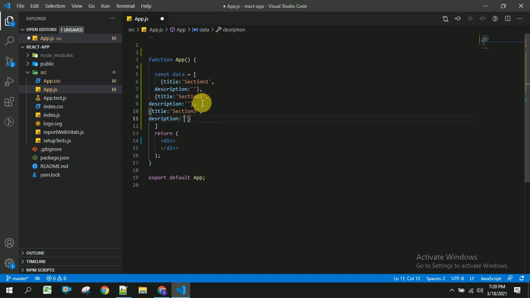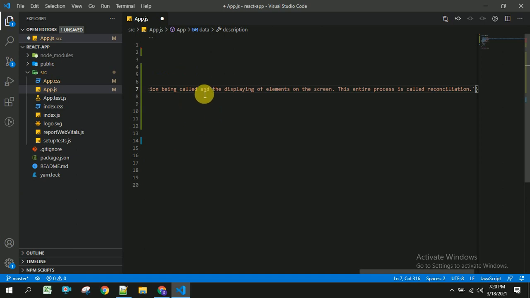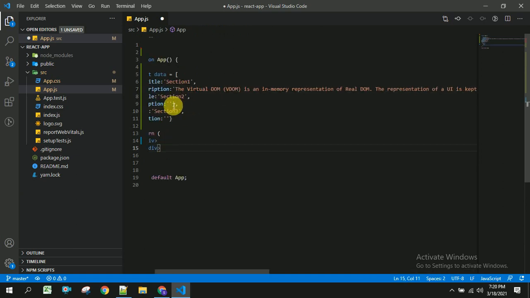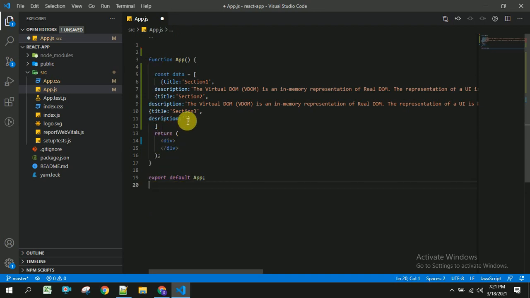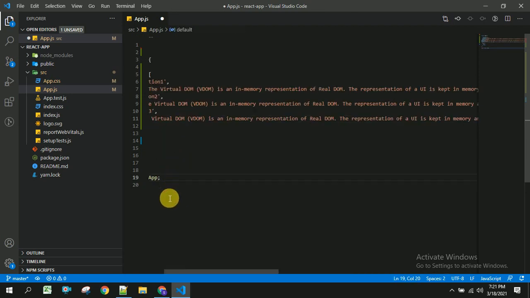I have copied some description and I am going to paste here for these 3 description properties. So let us save this.